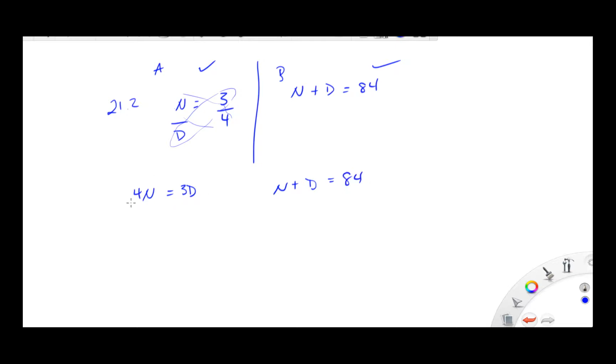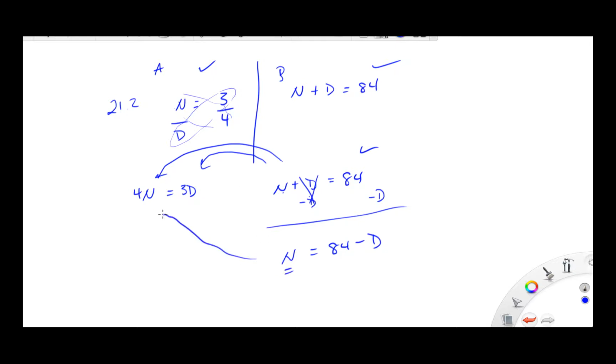All right, how do we get this to work? Do we know what d is equal to? We can find either what n is equal to or d is equal to using this equation, and then we can substitute that value for either d or n. So let's just for the sake of it use n, okay? Let's subtract d from both sides. D cancels out here, so we have n equals 84 minus d,